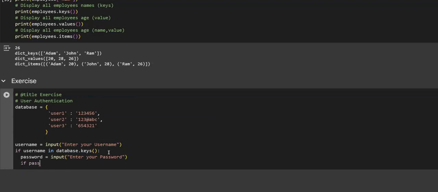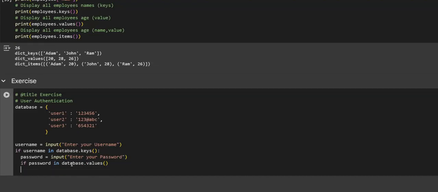Now, what is this password? 123456, 123abc, 654321. What are these inside the dictionary? These are values. So we are now supposed to compare this password with the values. Yes or no? Correct. So if the password is present in database dot values,